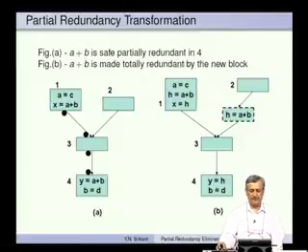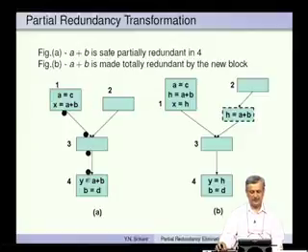So, we say that a plus b is safe partially redundant in 4 in this case. This is the path from the first computation of a plus b to this particular expression a plus b. So, all these points are safe. This is the path that we are talking about, and this is the first point on the path and this is the last point on the path. In this we identify the last computation in this basic block. So, that happens to be this a plus b, and this of course is the first computation in the last basic block.